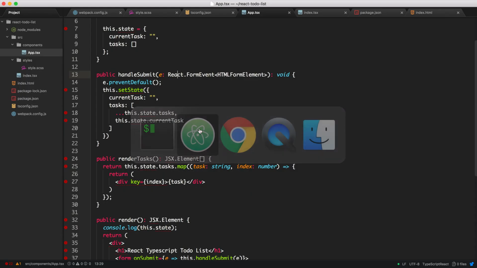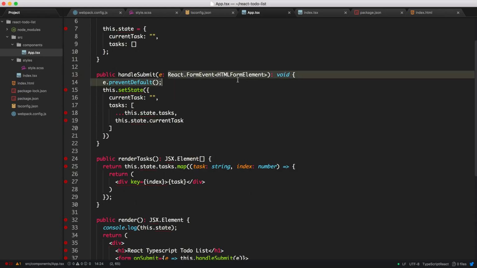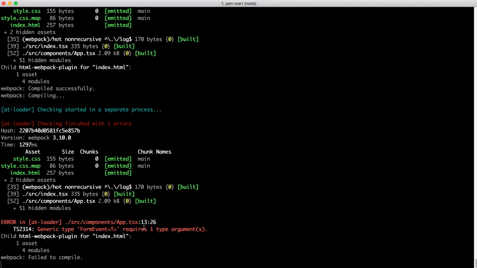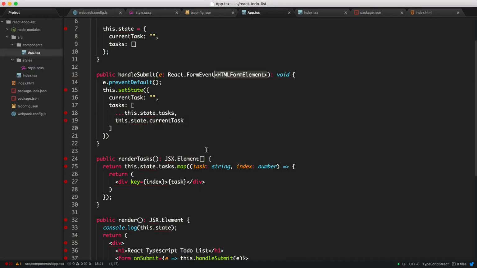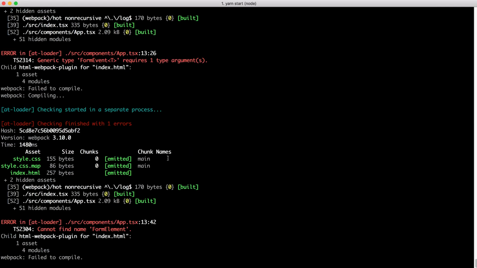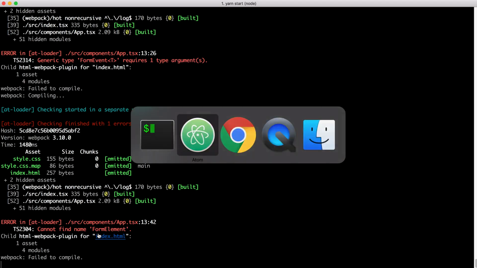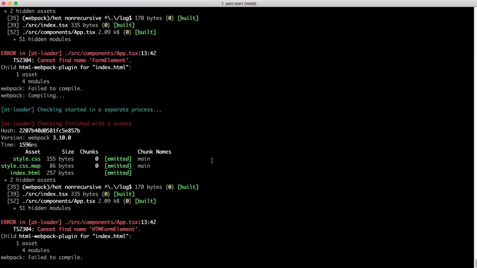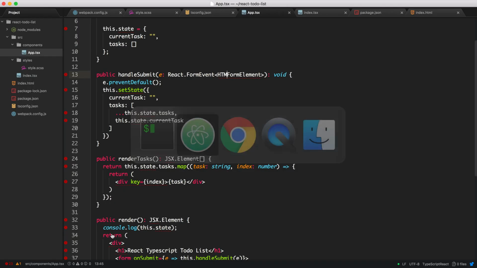No, it doesn't. And the way I found this one out was a bit of trial and error. I basically typed in form element, like so, saved it, went to the terminal, and it told me it requires one value type. I did a bunch of research on the internet and found that it was actually an HTMLFormElement. But if you didn't know this, the TypeScript typings you installed in the previous videos are good at telling you. So if I made it this and saved it, the terminal will tell me that's incorrect. And if I did something like without the L, it'll tell me also it's incorrect. So it is a bunch of trial and error,